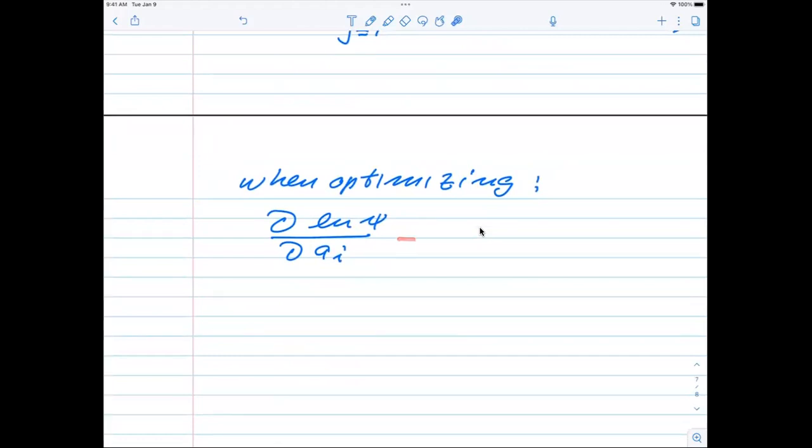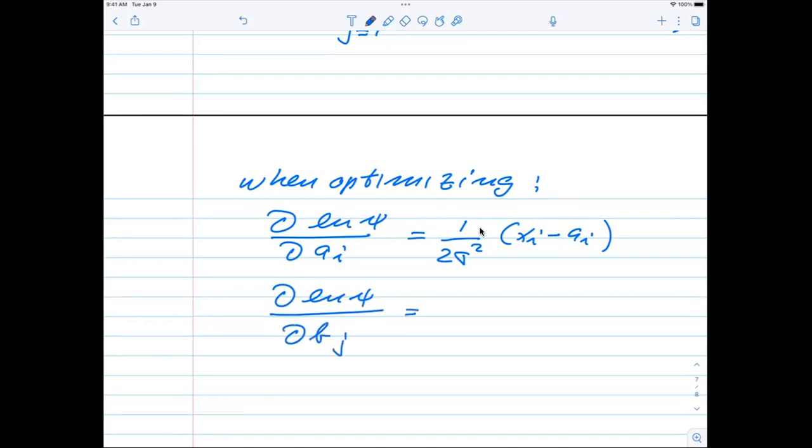So this term here is simply going to give us 1 over 2 sigma squared. And then I'm going to get an x_i minus a_i. Obviously, we get a factor of 2 when we take the derivatives. I have the derivative of the same quantity with respect to b_j. And that's going to give us 1 divided by, and then I have 2 here, and then I get the parameters of e to the minus b_j,